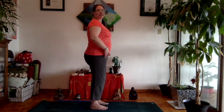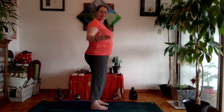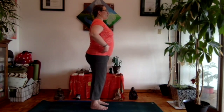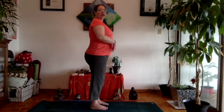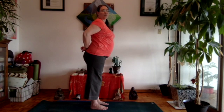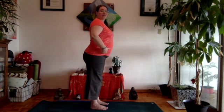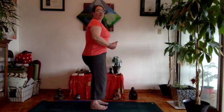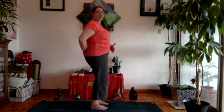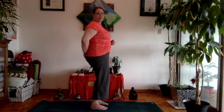So then I want you to think about your pelvic basin. A lot of us have issues with our pelvis because we sit too much, we're not active enough, and when we are active, our alignment is off. So oftentimes what happens is we get an anterior pelvic tilt, which means the front part of the pelvis dips down, the tailbone kind of pokes out a little bit, and then we get a lot of compression in the lumbar area. The flip side of that, literally, is a posterior pelvic tilt, where the back part of the pelvis dips down, the front part of the pelvis lifts up too high, and that kind of